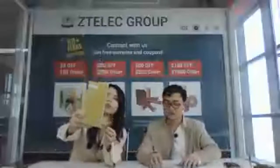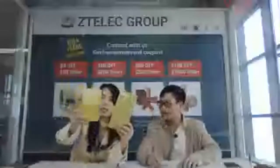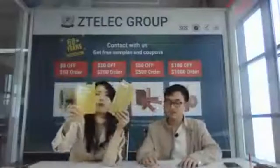Next is 3240. It's the normal epoxy sheet. It's light yellow. This is a 3240 sample. This is a yellow one. It's heavy. 3240 epoxy sheet is made of non-alkali fiberglass cloth impregnated with epoxy resin by drilling and hot pressing